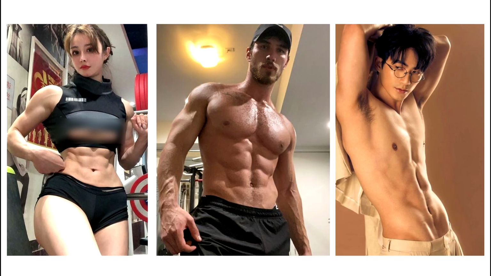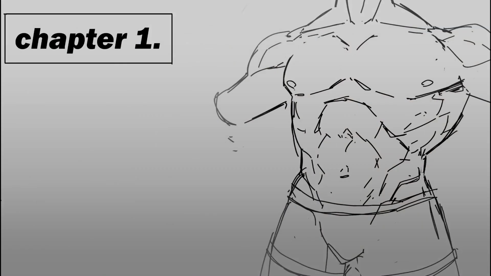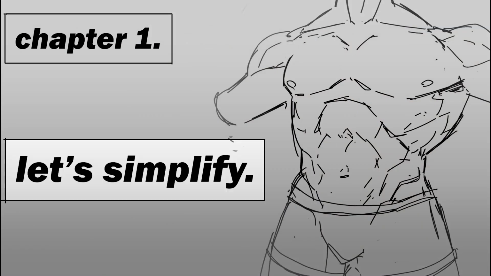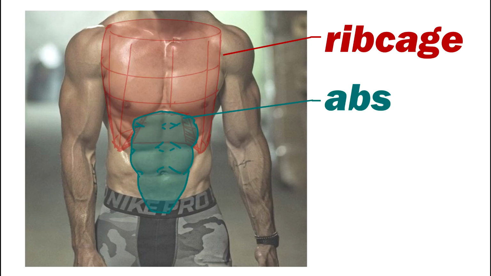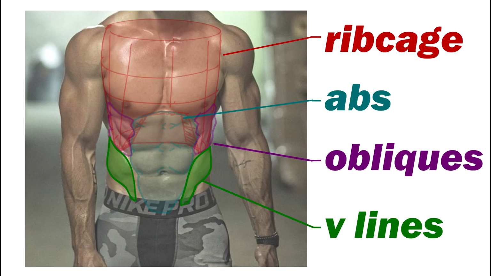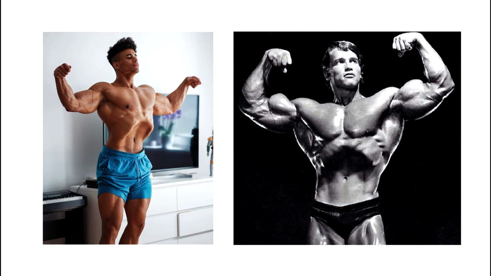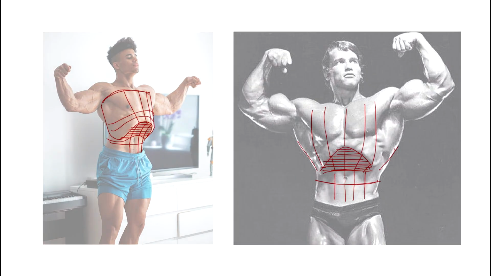Abs. When drawing the ab area, I simplify it down to 4 important parts: the rib cage, the main abs, the obliques, and these thirst straps right here. I couldn't really find the official name for them, but I've always known them as V-line muscles, so I'm calling them that. Before we get into the ab area, understanding the rib cage is crucial to really start to understand